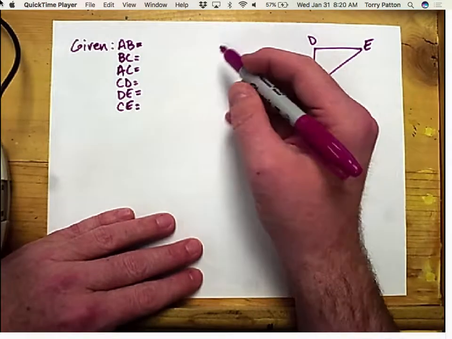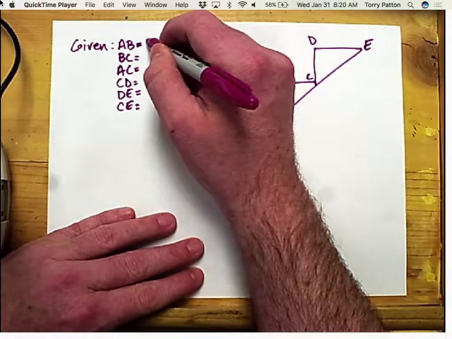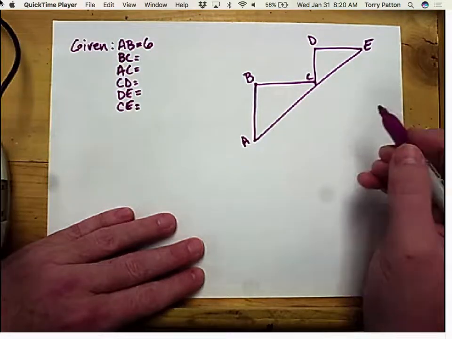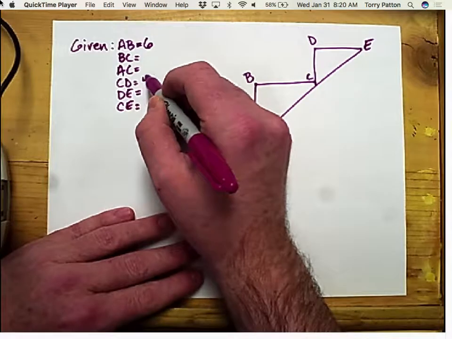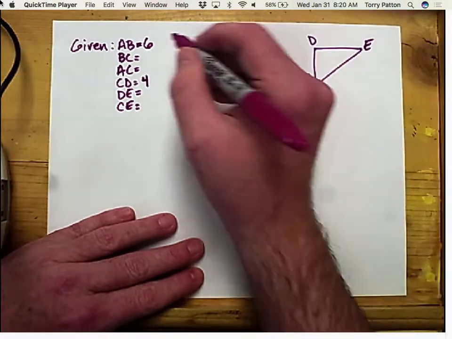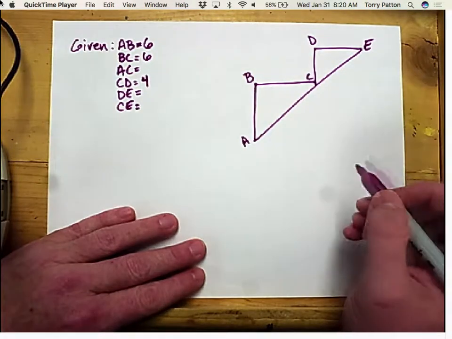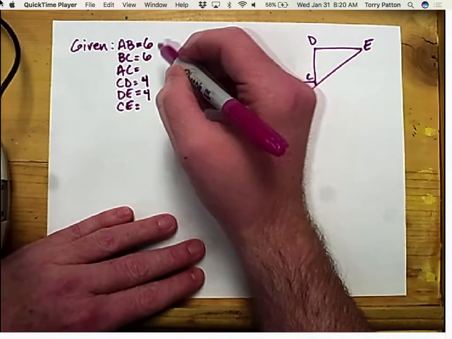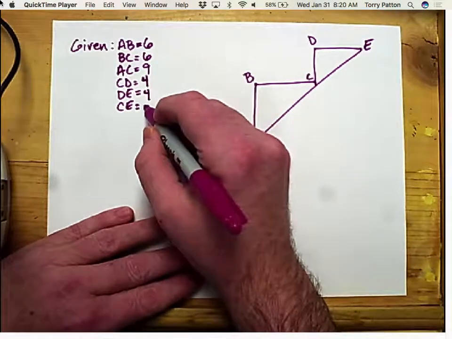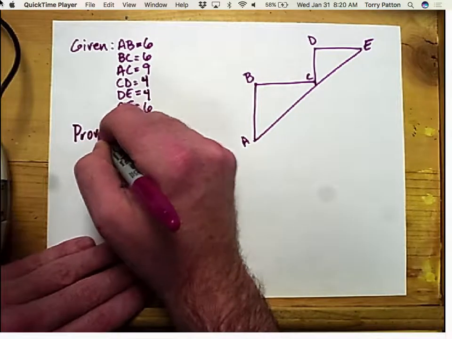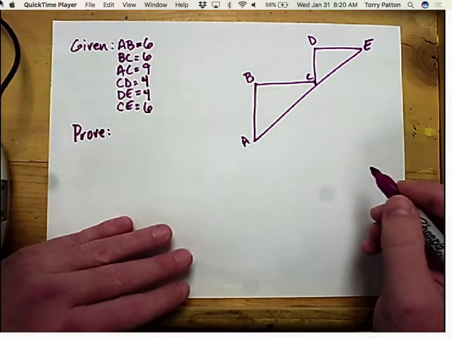All right. So I'm going to say this is 6. CD is 4. BC is 6. DE is 4. AC is 9. CD is 6. And I want you to prove that